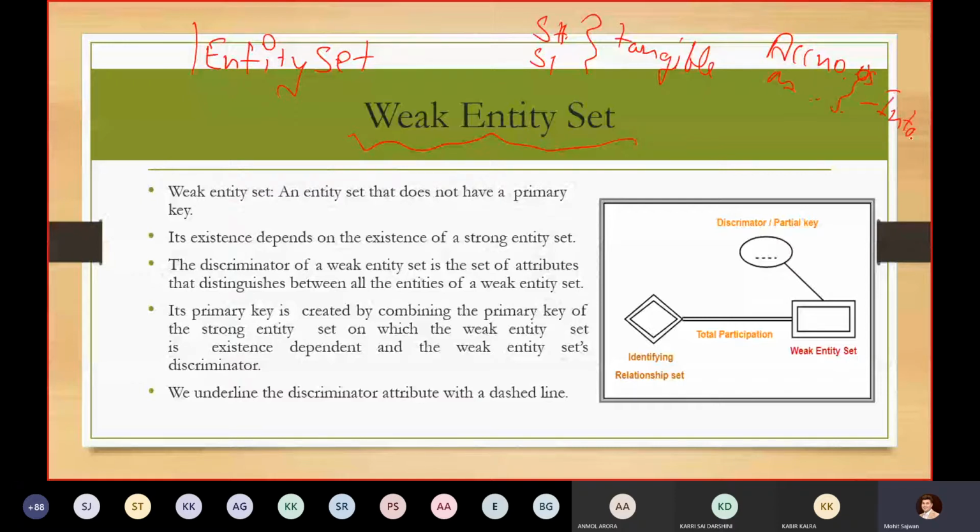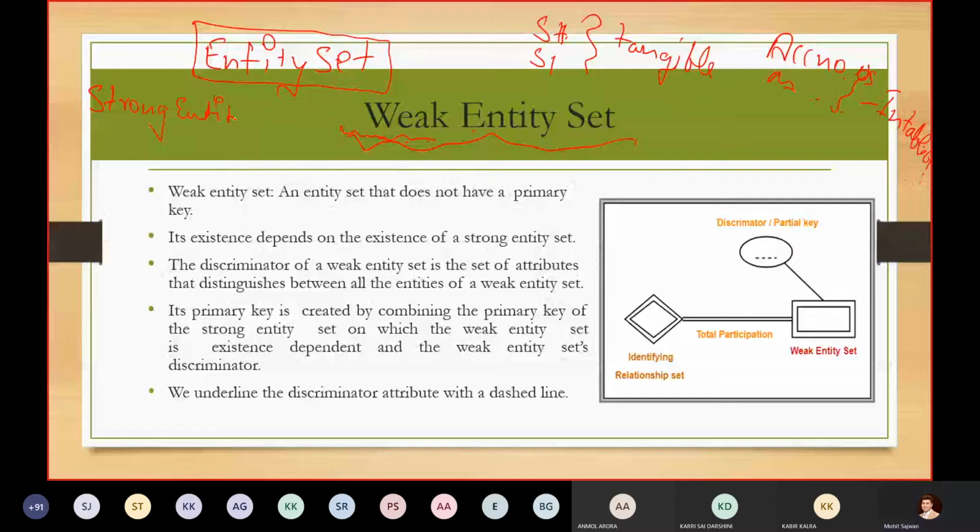Okay, so as you can see over there, till now what we have covered, we have just discussed this entity set. But now the keyword I'm using ahead of our entity set is weak entity set. So what do we mean by weak entity set? Just before going through weak entity set, I am going to cover strong entity